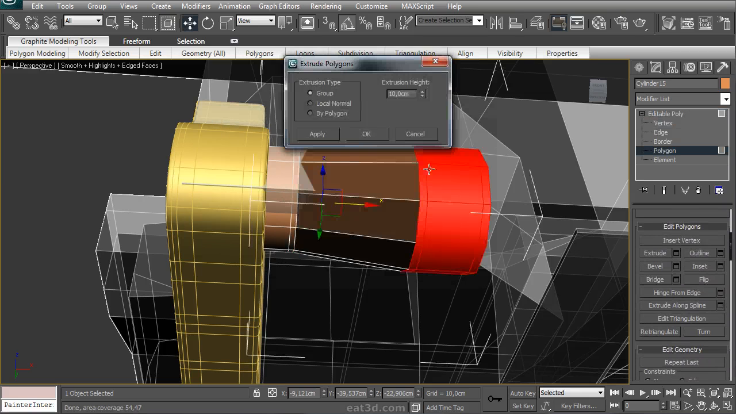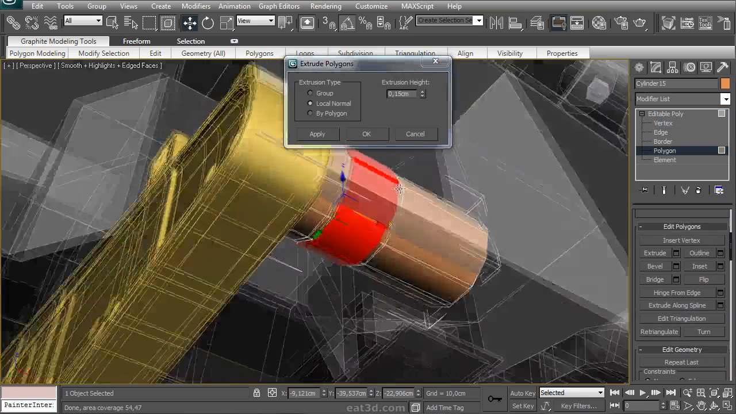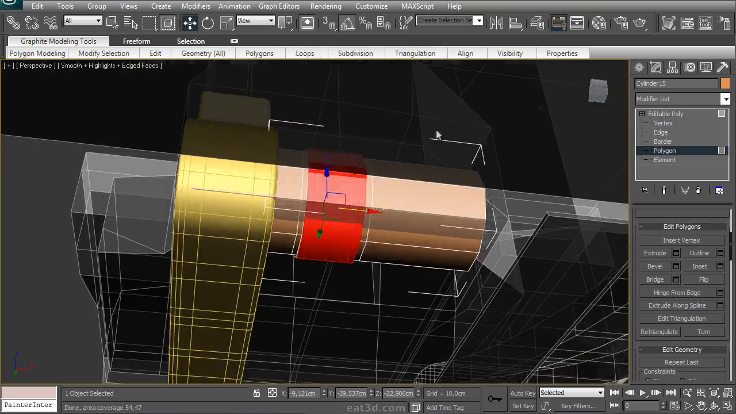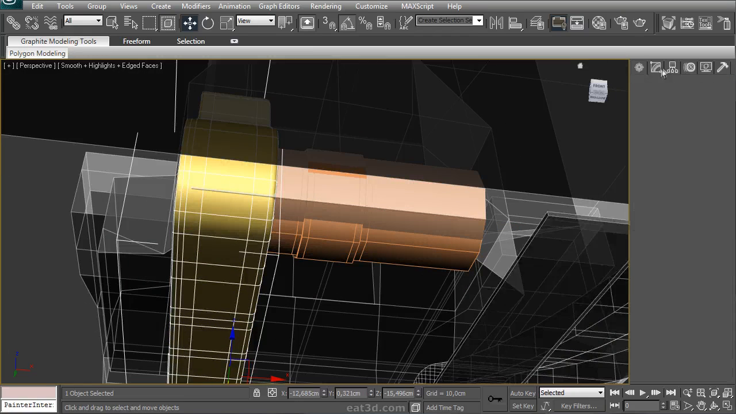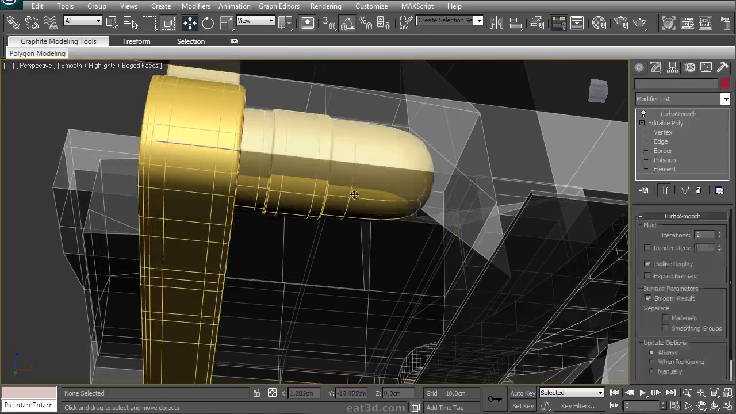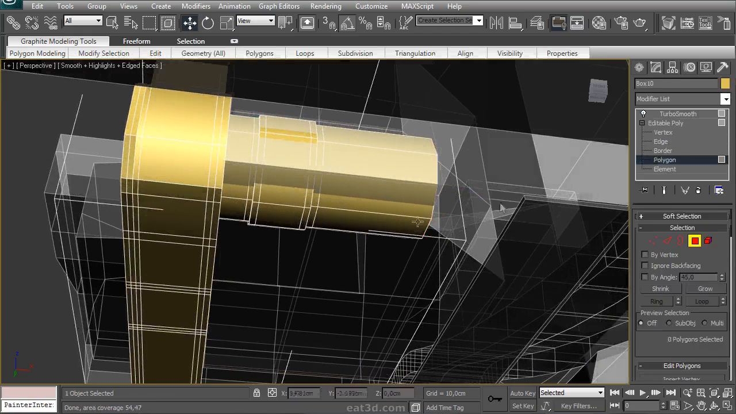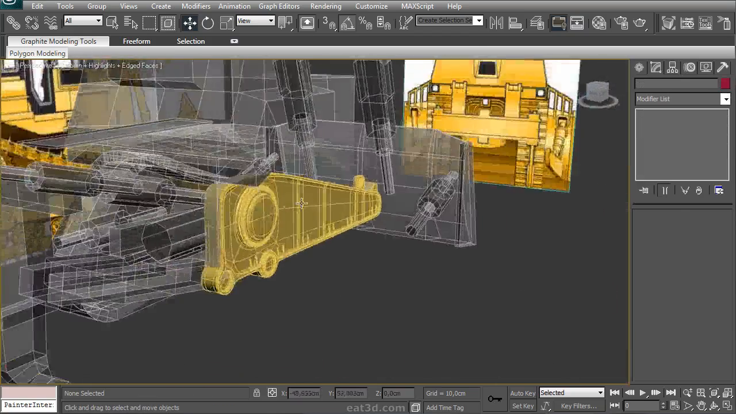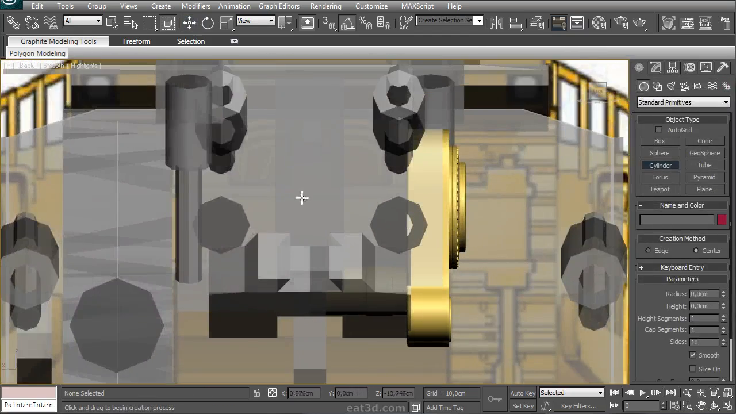I select these polygons, hit grow, and perform an extrusion by local normal, and apply this twice. And once that's done, I can attach this part to the main frame, and we will see what it looks like with a smoothing. It looks good, but I forgot that one polygon on the side. I select it, delete it, and once that is done, it's time to move on to our final part, which